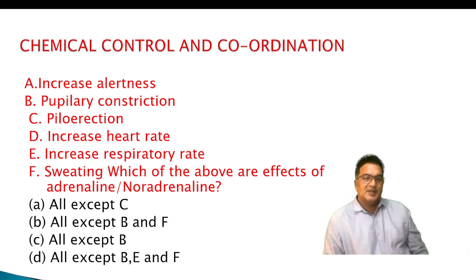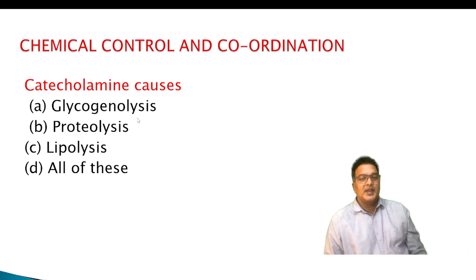Increasing alertness, pupillary constriction, piloerection, increased heart rate, increased respiratory rate, sweating: which of the above are the effects of adrenaline or noradrenaline? Emergency hormone, it increases alertness. Pupillary dilation, heart rate increase, respiratory rate increase, sweating comes, so all except piloerection. Catecholamine causes